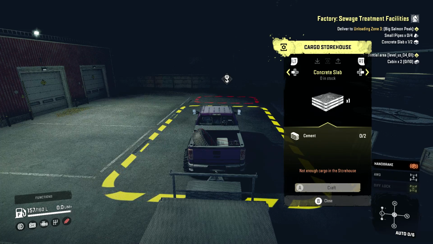So the warehouse across the way has cement. So I can switch cement for slabs for one slab. I don't know about this Duramax hauling it all the way down to the gate, but